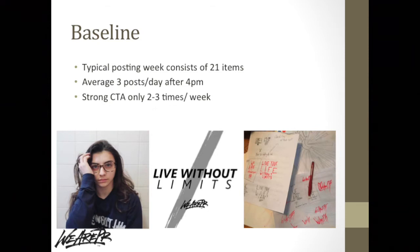So basically what I tested during this period was the posting frequency on Instagram. And I really wanted to see if posting more or less is what would drive up engagement the most on Instagram. So let's start off with the baseline. Our standard, what we typically do on our Instagram, is we post 21 times a week, roughly. Now it's not guaranteed, but over a 4-week period, our average posting was 21 times a week,